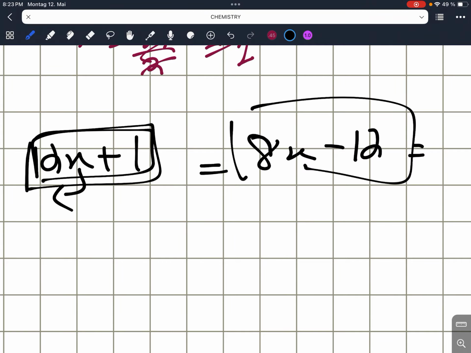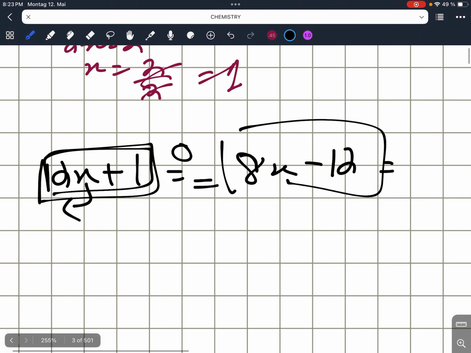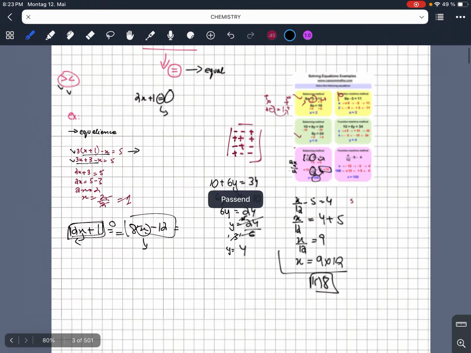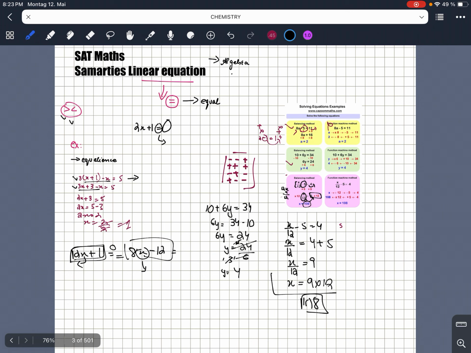A very easy way to solve it is to find the value of x first. Once you find the value of x from here, you put that value of x here and find the answer. It's very simple, but there is one more way that we're going to explore very soon, and I hope you guys understood this very